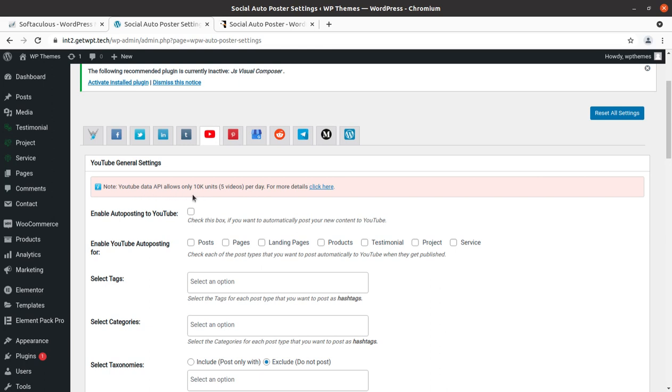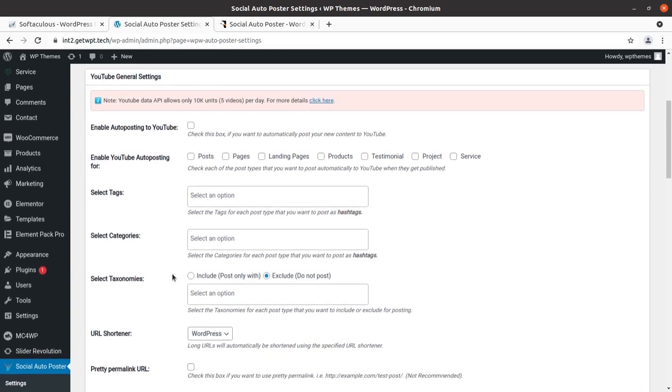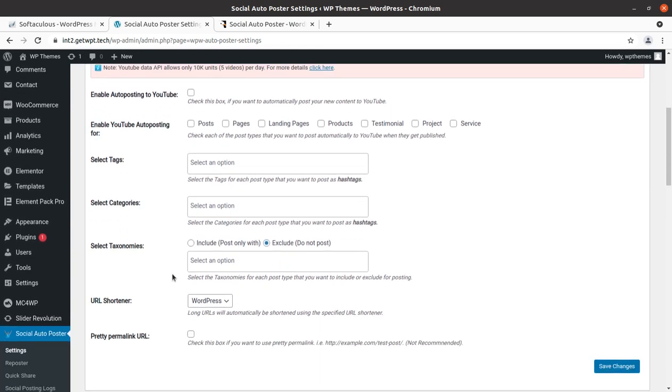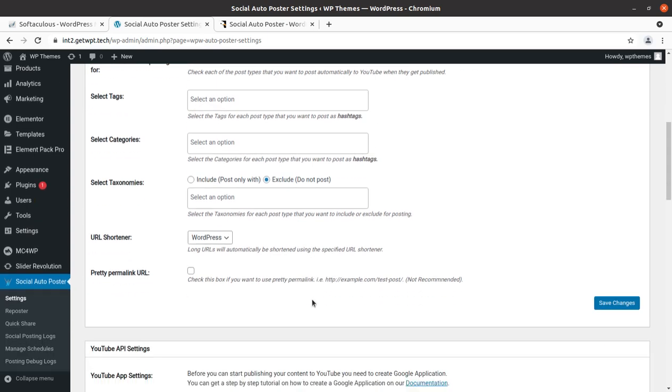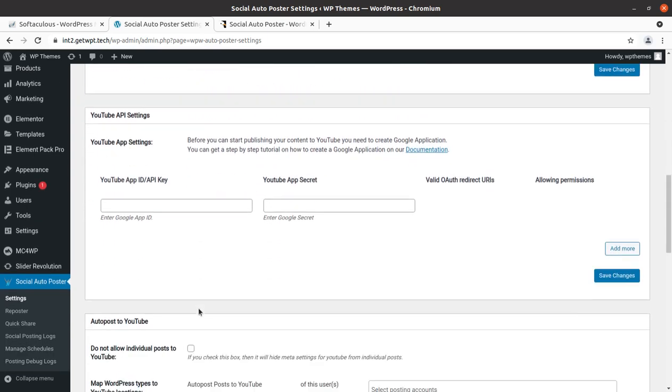YouTube data API allows only 10k units, 5 videos per day. Okay, so you can post 5 videos per day automatically to your YouTube account. If you are posting on your website, you can push directly to your YouTube account as well, and that is very good. So this is completely a new feature for me as well.